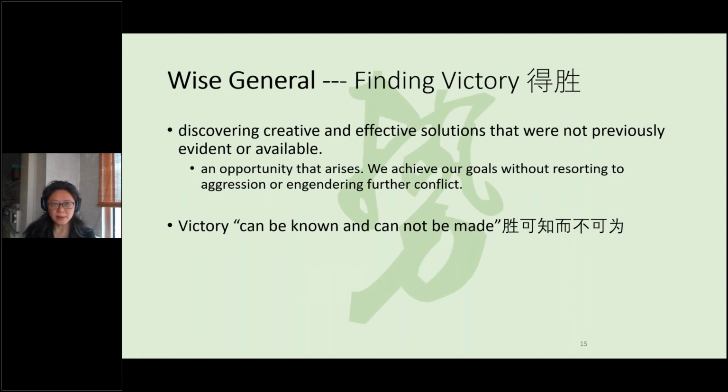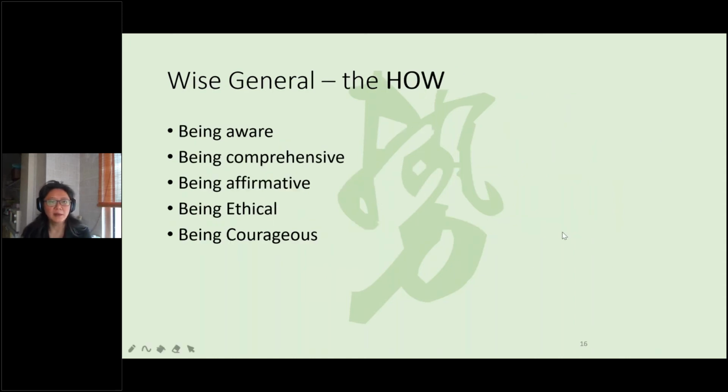So that's the strategy about a wise general. And the last question is, how do we become that wise general? What do we need to do? And here's a very simple summary of how: by holding what we call the 5 stances of a VUCA time leader. That is to be aware of yourself and others, be aware of your own value system and their value system, their needs and your own needs, and also